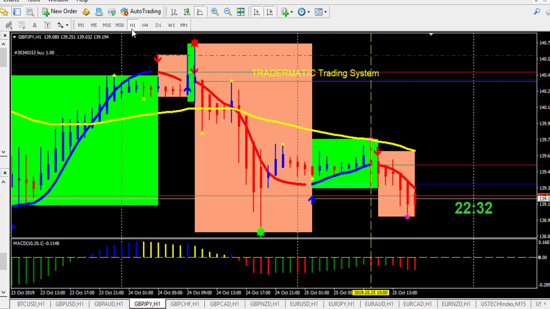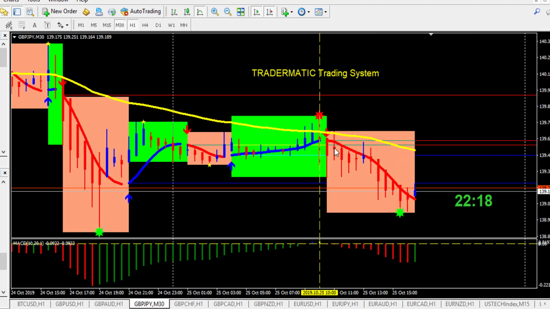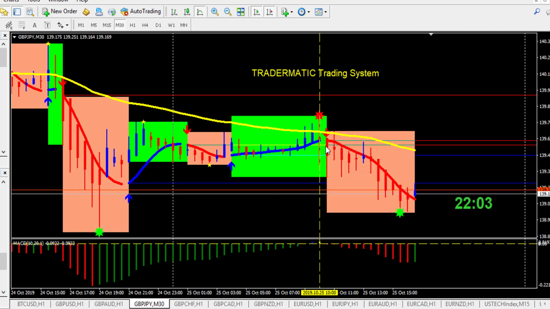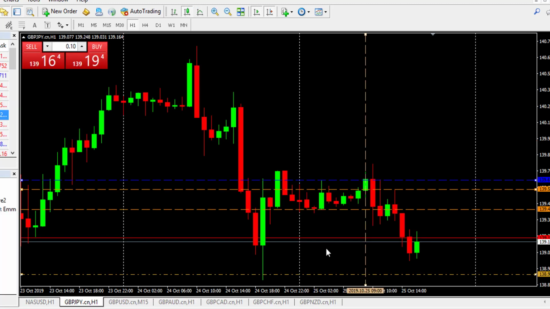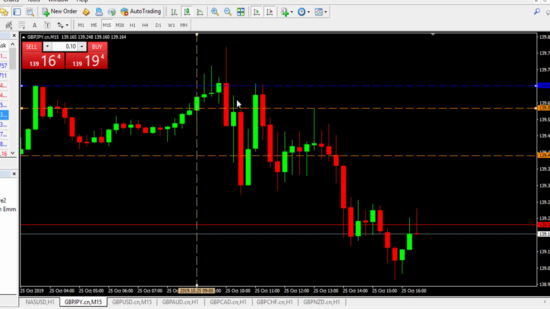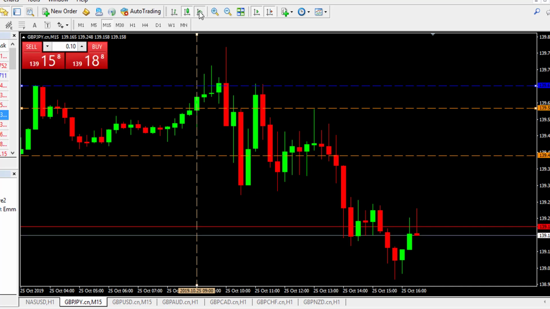So let's say you go to 30 minutes, it's actually more accurate on 30 minutes. As you can see, on 30 minutes, in fact, it tells you when to enter straight ahead. This is 30 minutes. This is when London market opens, and this is where you have your sell alert. Then you enter at the opening of the second candle. Now, but if you watch very closely, you will notice, right here, you can see how the whole thing is just jumping up and down. So what I did is I changed this to